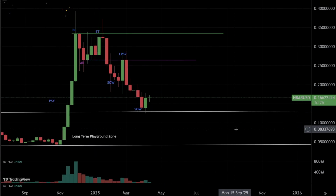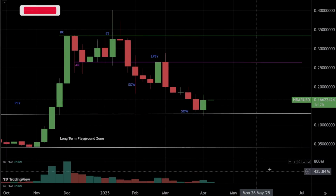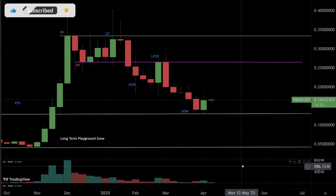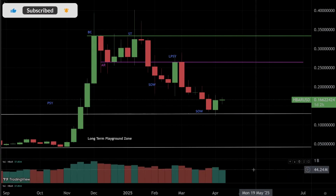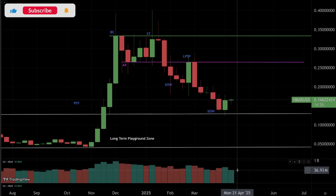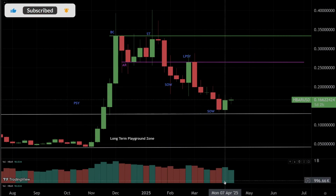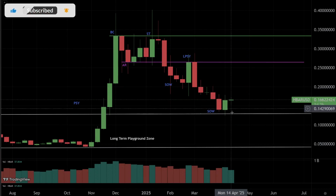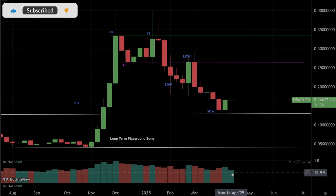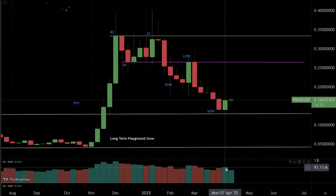And in terms of volume, if I expand this, we can see this week the volume is much lower than last week, much less, I would say. So here we can tell the candle body with this much of a volume is more or less the same in terms of the growth or the height of the candle body. However, this week, even though the volume seems to be roughly around 80-90% of last week,